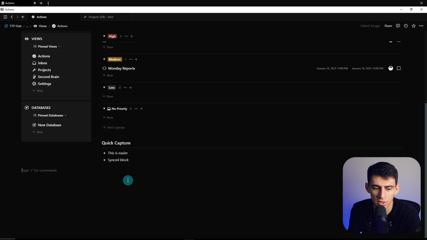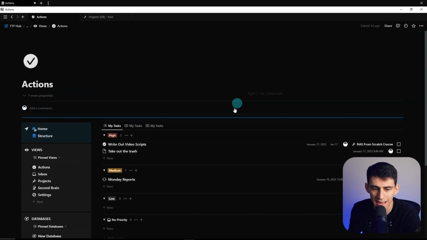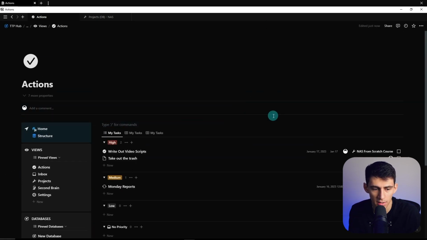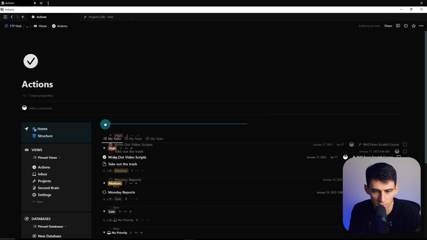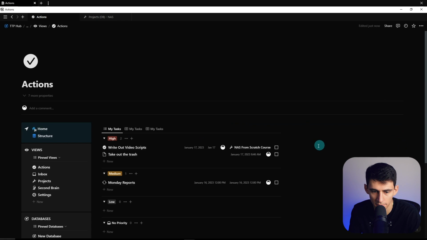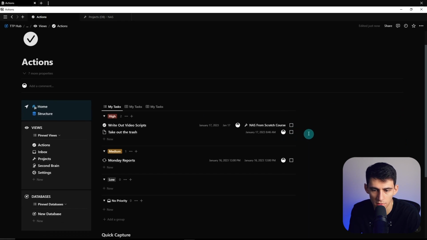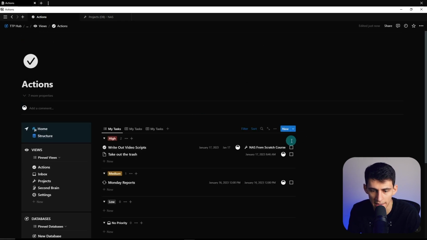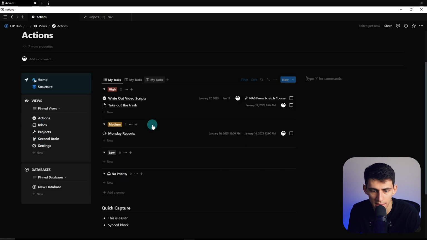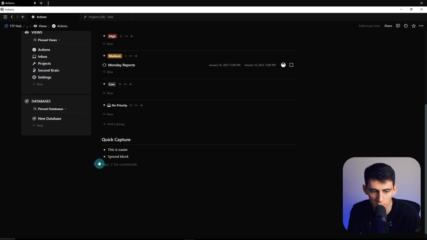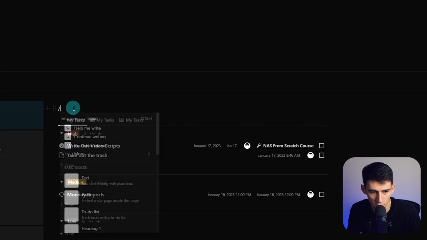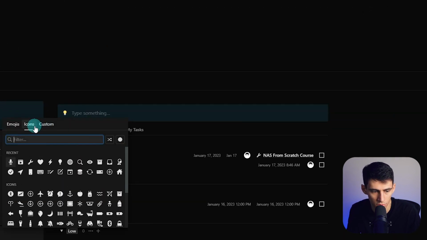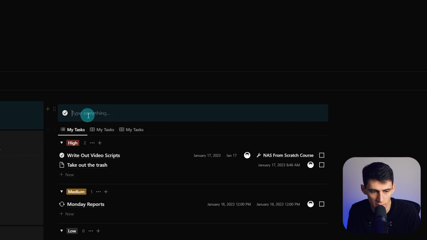So what we're gonna do is turn this actions page into not only a task manager, but a daily planner. So at the top here, I'm gonna divide this into 2 sections. Then we can slide this over here and slide this right under. Okay. So first and foremost, let's give yourself enough room for whatever you're thinking about for your tasks. So you're gonna have the task section right here, but if you'd like, you can have little subcategories by having a little call out block right here,